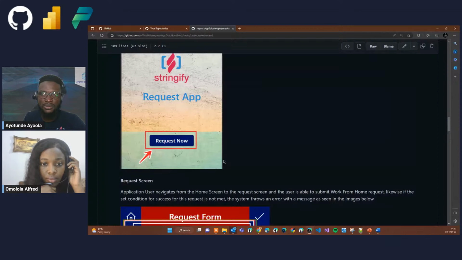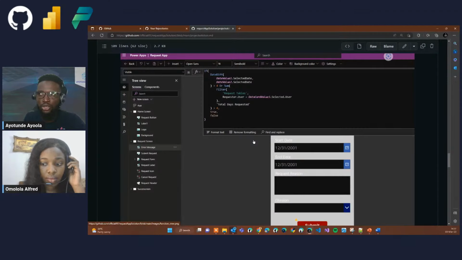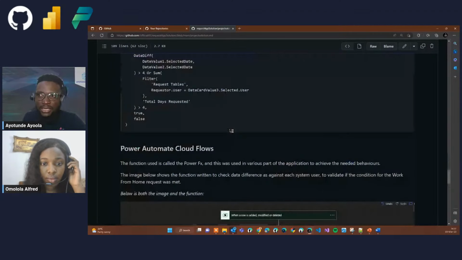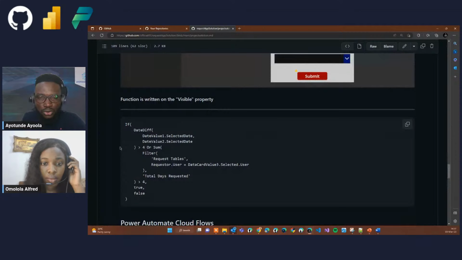This is the request screen. This is the Canvas app function that I wrote, and then I even embedded the function in case anybody wants to use it. So you can easily come here and copy the function in case you need it. Can you see the beauty? What you have done is you are bringing inclusivity to the people who are watching or going through